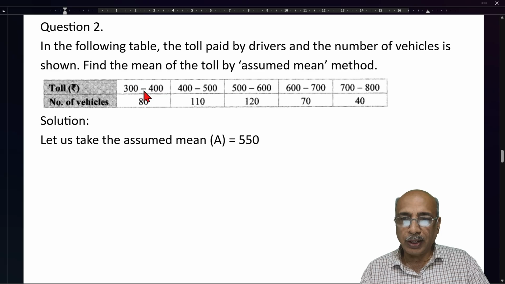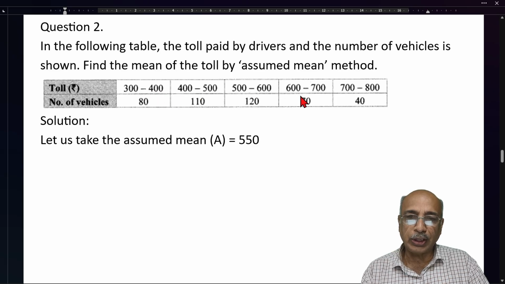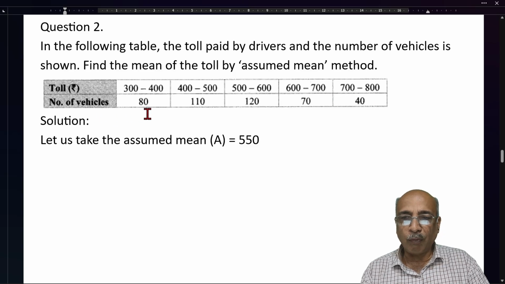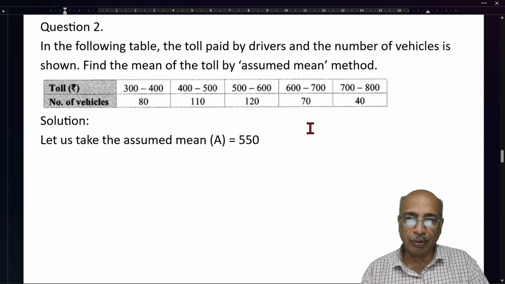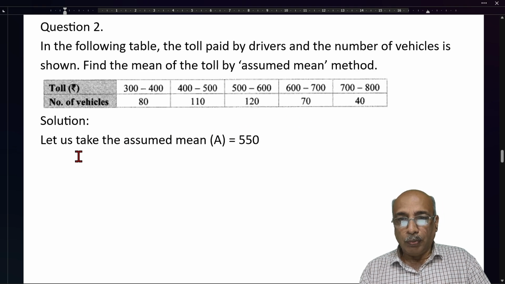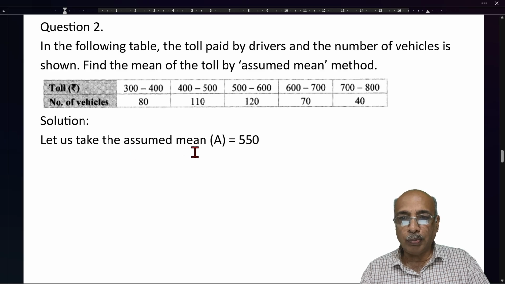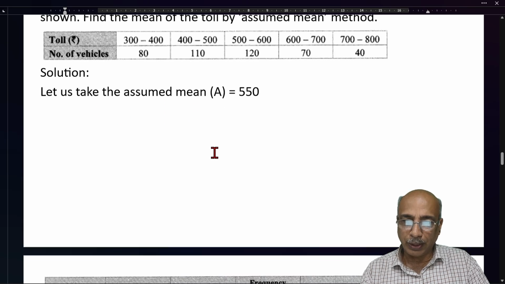Toll is from 300 to 400, 400 to 500, 500 to 600, 600 to 700, 700 to 800. And the number of vehicles is given as frequencies here. We must write at the top of the table only. Let us take the assumed mean as whatever you take,